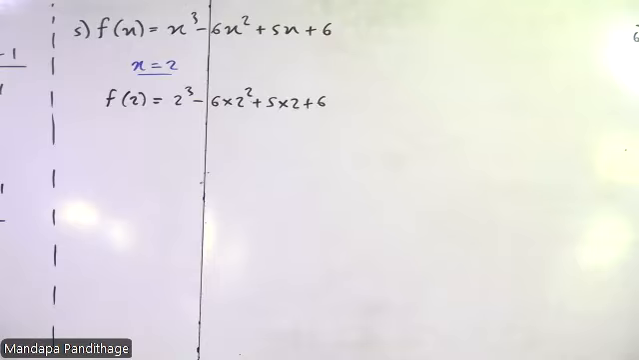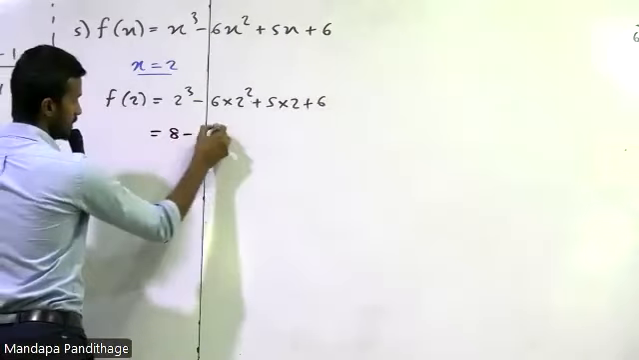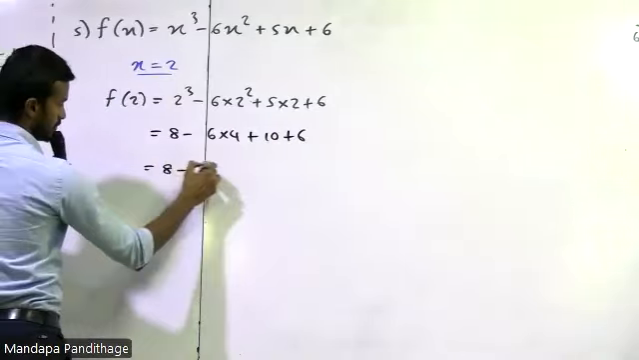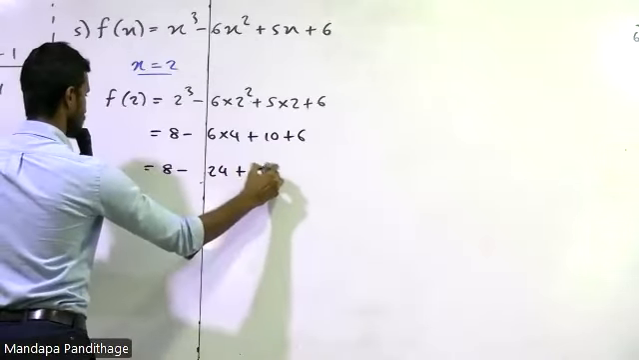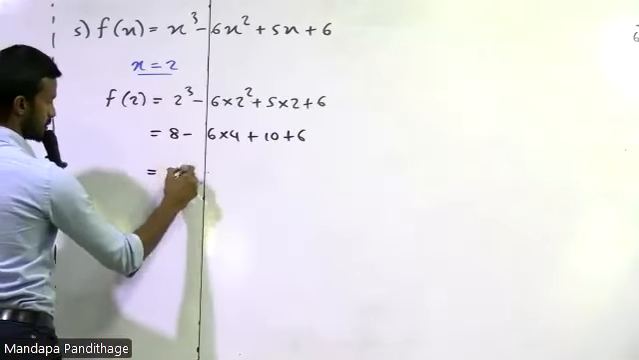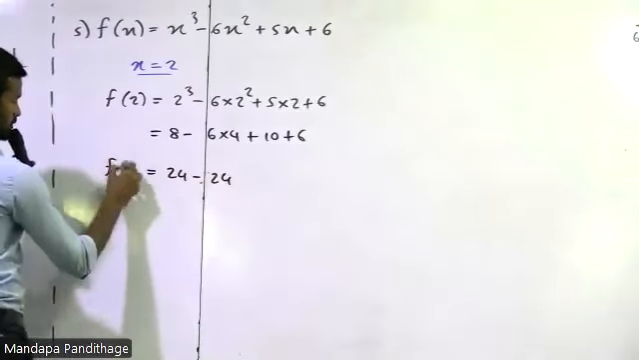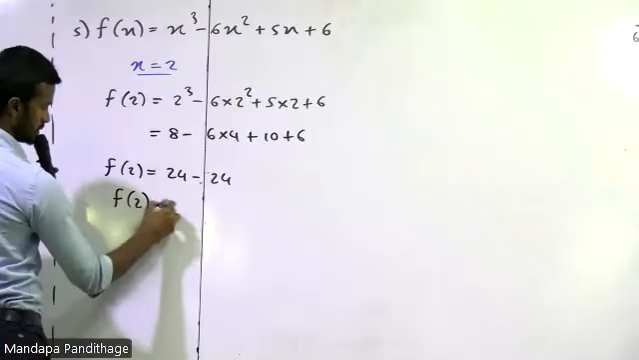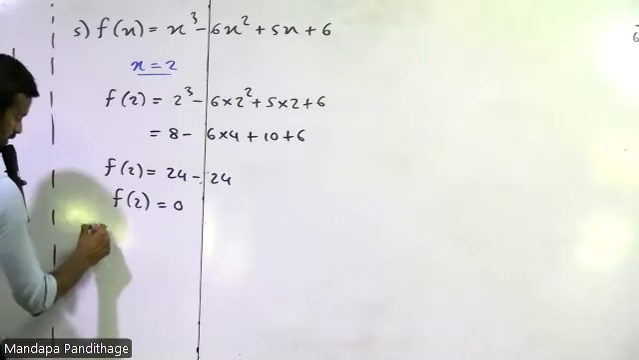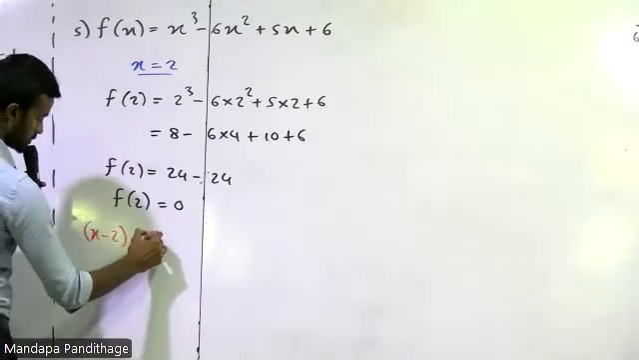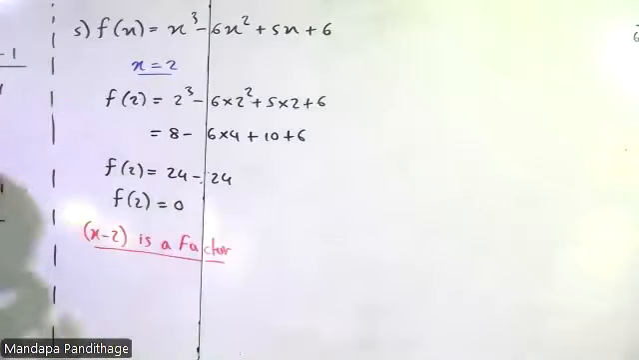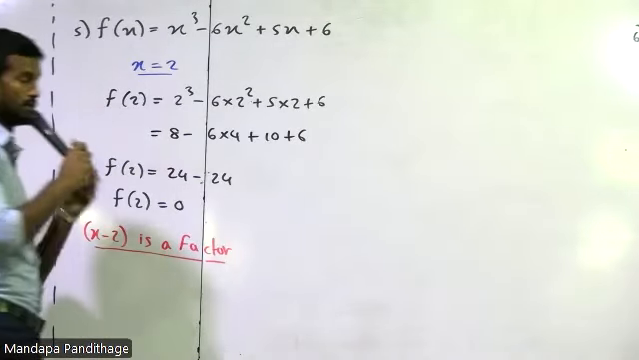Here it's 8 minus 6 into 4 plus 10 plus 6, which is 8 plus 10 plus 6 is 24, minus 24. So I get f(2) is equal to 0. When f(2) is equal to 0, I can say that x minus 2 is a factor. Find the other factor by dividing